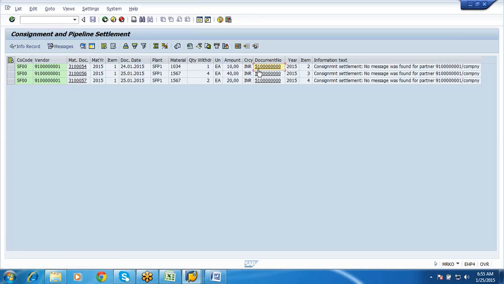So here also in 2015 it has not been configured. That is the reason why we would be getting this error. No message was found for partner and company. This is fine.